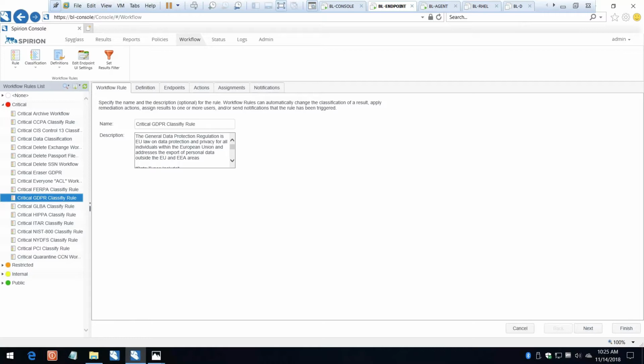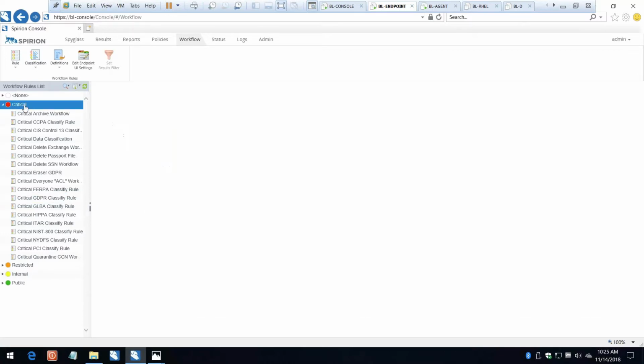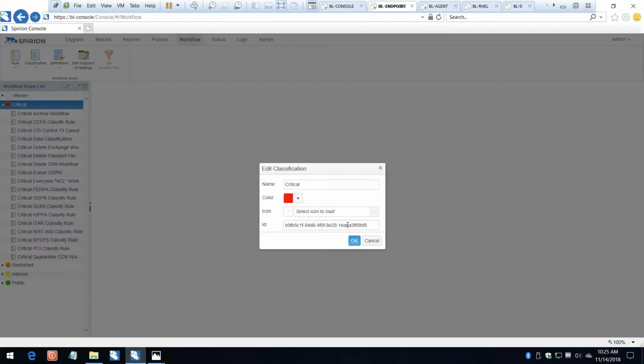So you're going to get, on occasion, false positives. Spirion really helped complement that process, so the DLPs can use Spirion's data classifications instead of using their own. Spirion has a process built in where you can basically leverage an ID that comes from our data classification tags. And this is essentially what it looks like.